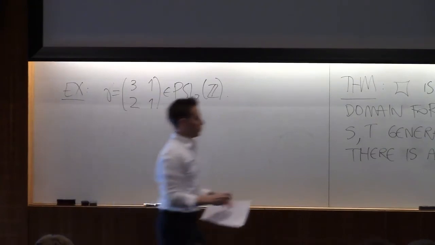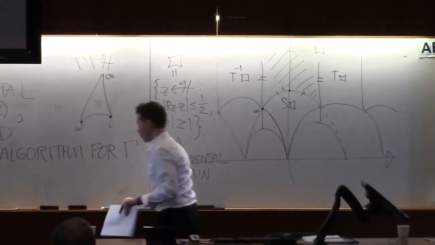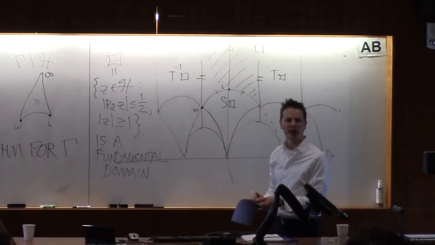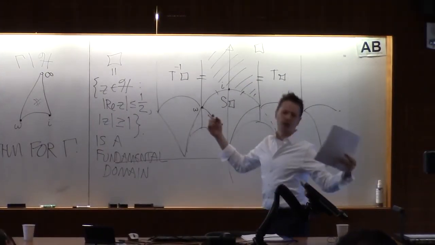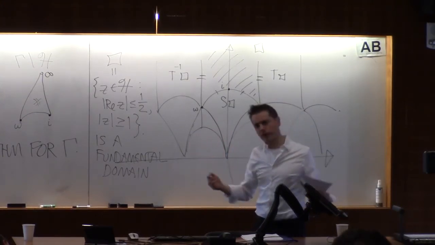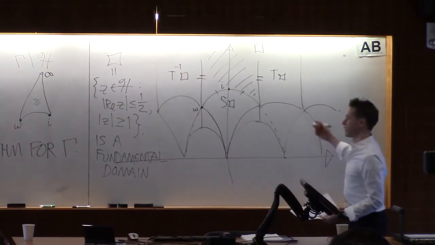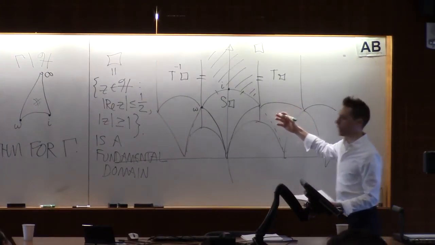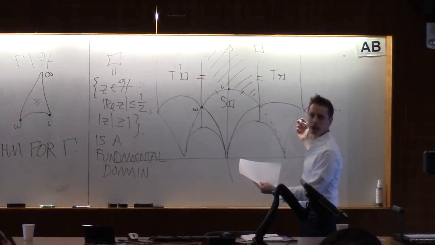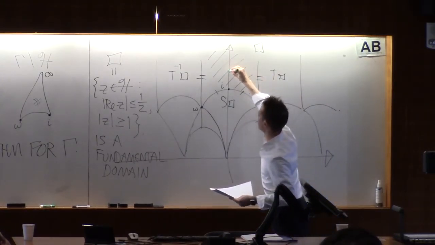Well, here's the proof. We're going to use the picture. One of the great things about working with these kinds of groups is that whenever somebody gives you a group, it's hard to visualize a group like that. It's a discrete group, so it looks like a set of points. So we visualize the group by its action on the upper half plane. We're going to understand this element by what it does to points in the upper half plane. Okay, so let's take the point 2i.